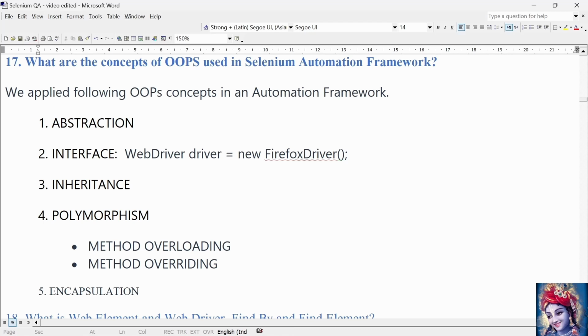The next concept we used in our Selenium automation framework is polymorphism. Polymorphism allows us to perform a task in multiple ways. It can be a combination of method overloading or method overriding. Set wait is an example of method overloading. Here we use wait.until and expected conditions, the same method which accepts different arguments and different conditions required by